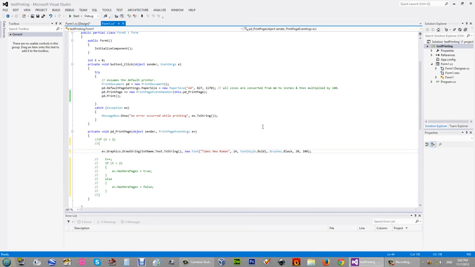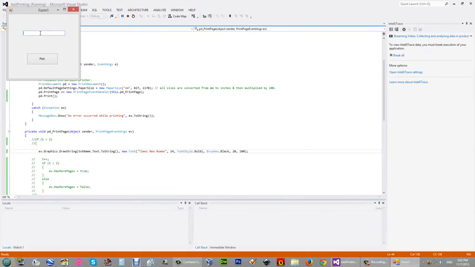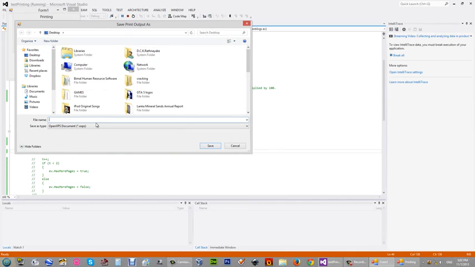So let's see whether it's working. You see, hello YouTube, and when we click print, I forgot to tell you that I am using the Microsoft XPS printer as my default printer.